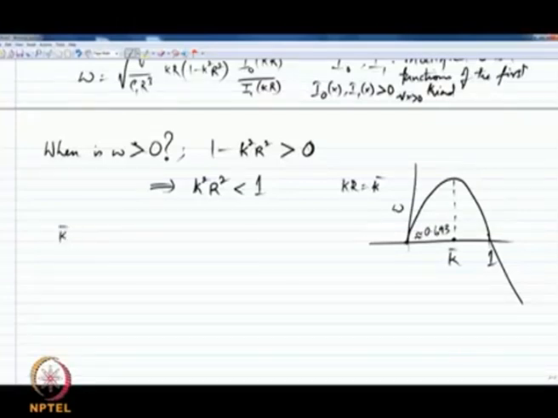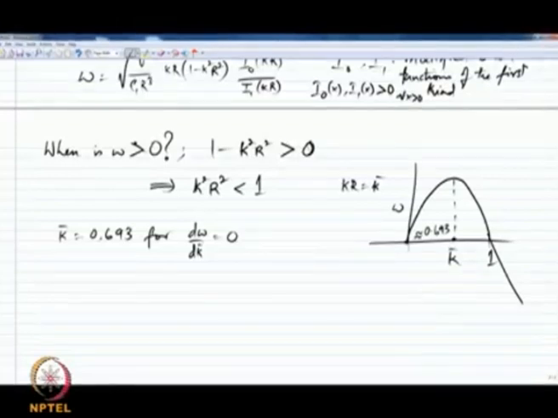So, k bar equal to 0.693 for d omega by dk bar equal to 0. K has units of 1 over length, k bar is dimensionless. So, this k bar being 0.693 tells us the wavelength associated with the disturbance that is likely to grow the